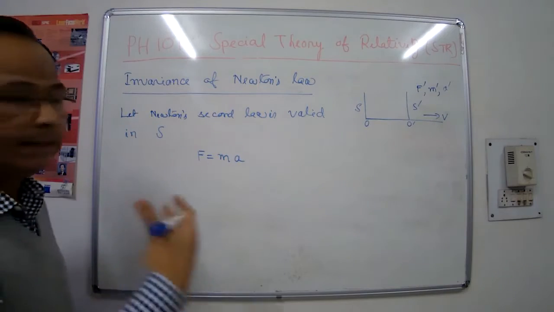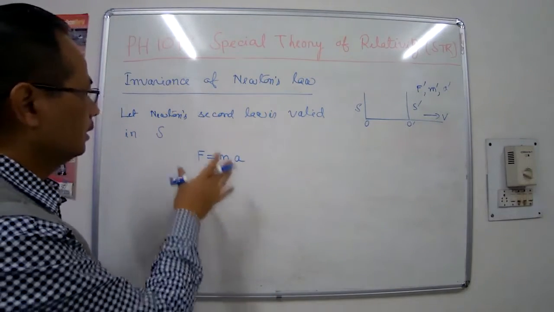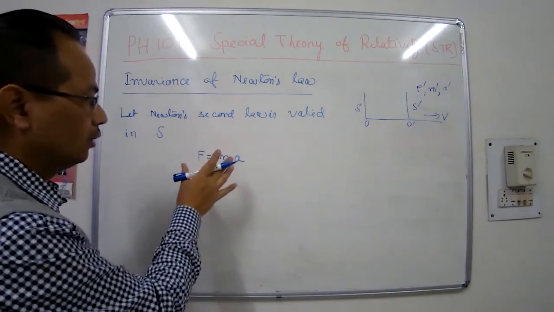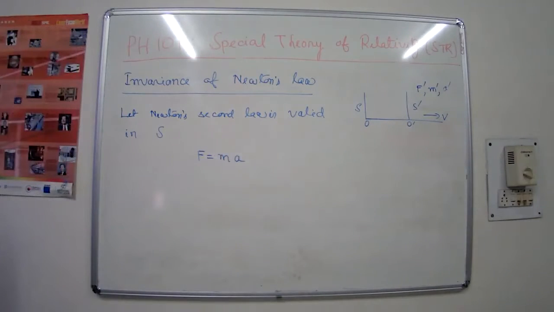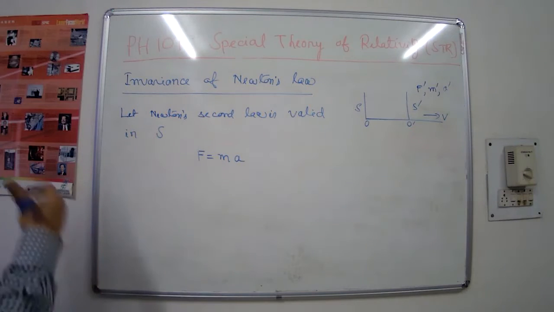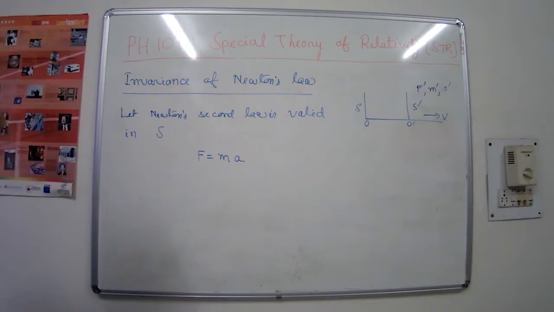So whether I have the equivalent form, that is, whether Newton's second law is invariant or not. So in order to establish that, the first assumption or the first fact under the classical physics regime is that